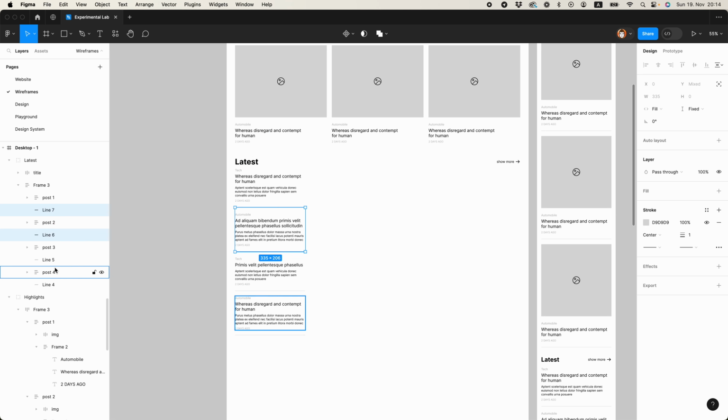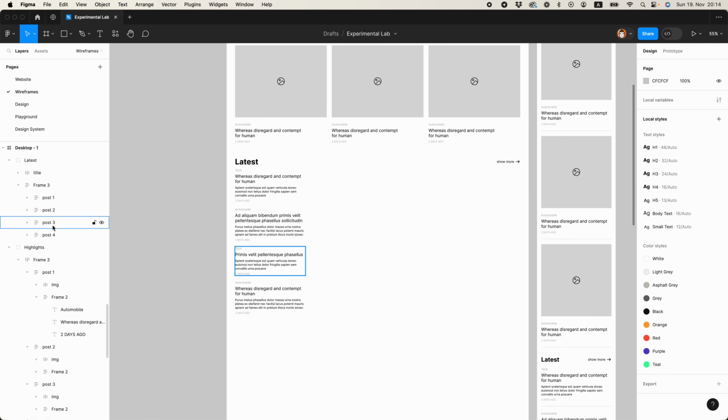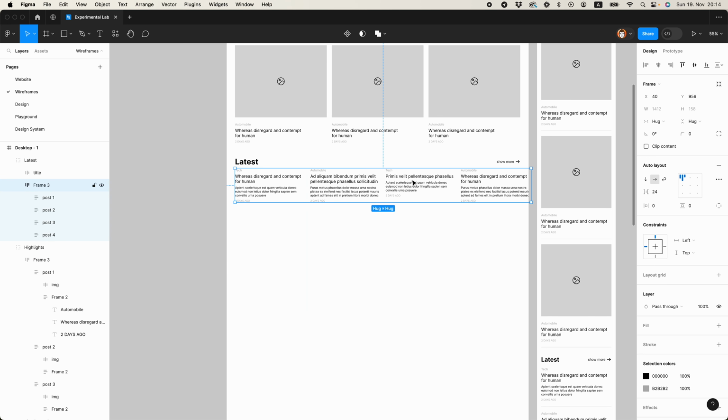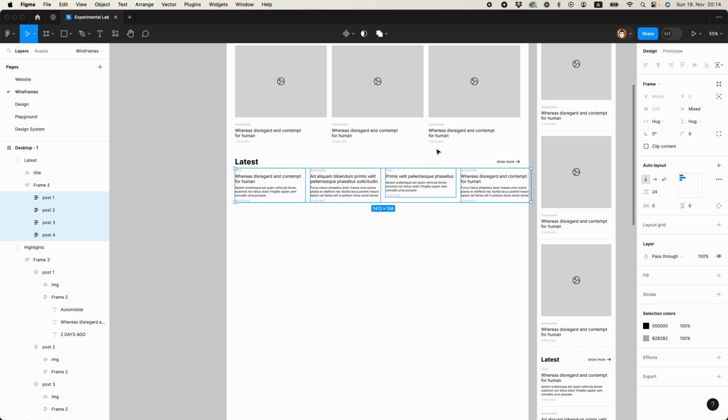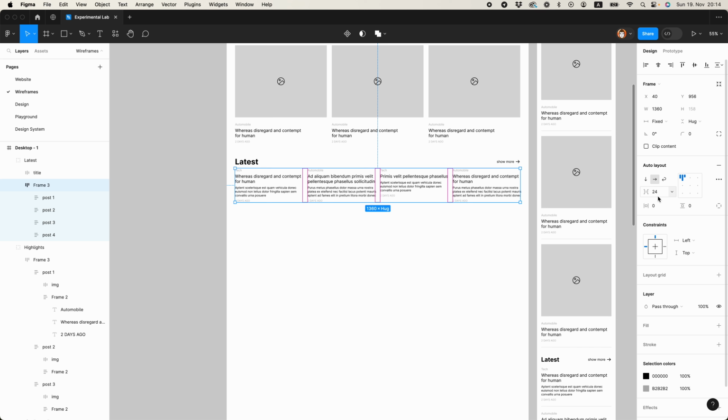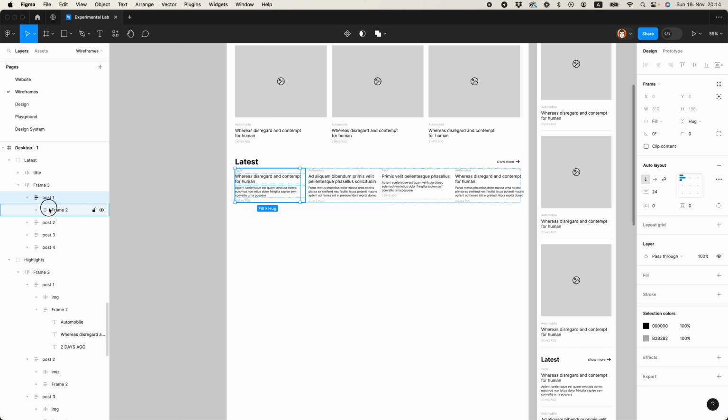Let's remove all the lines first of all and make this horizontal auto layout. The posts should fill the container and then resize the container to be like this. Maybe give it more spacing and